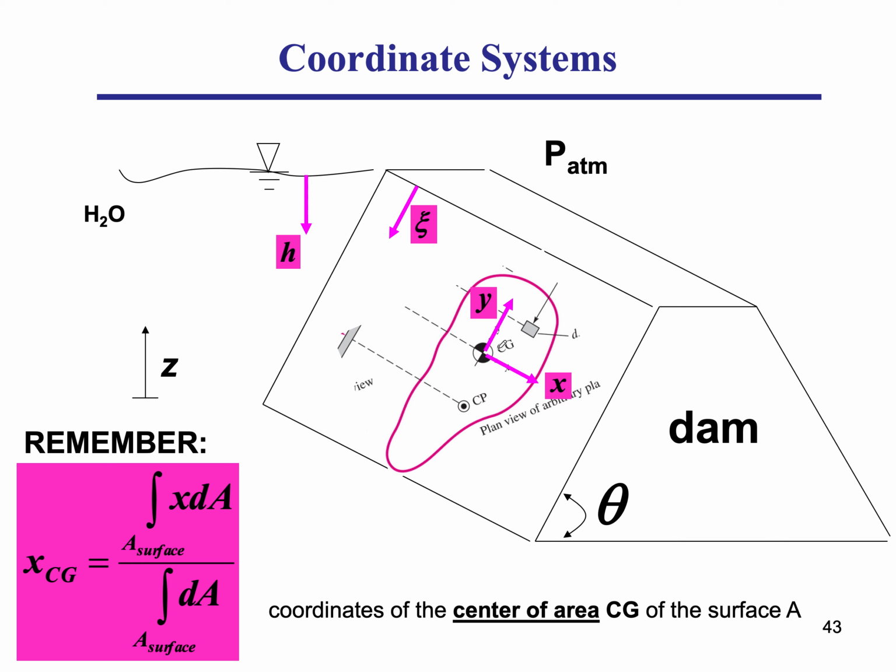So if I want to know where this CG is, I've started with the premise that I know where the center of gravity is, and I've located my coordinate system. But let's say I don't know where my center of gravity is. This is my, let's say, x and y, a different coordinate system. The way that I would get my xcg, the distance between the center of gravity and the y-axis in this different coordinate system, is I will take an elemental area dA,